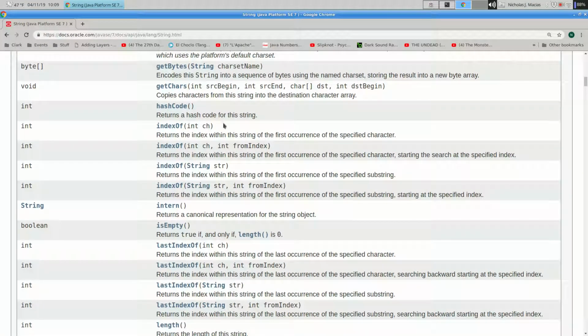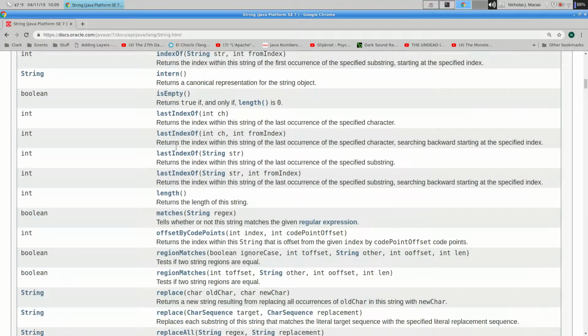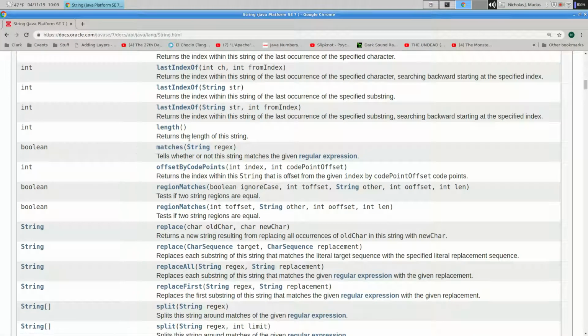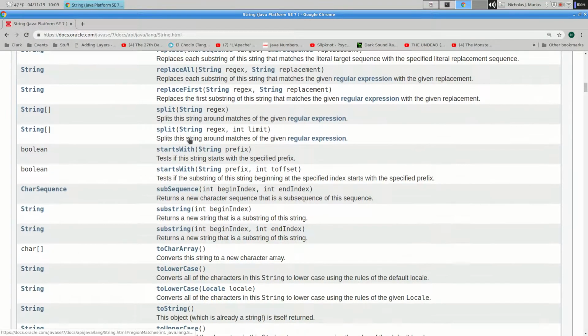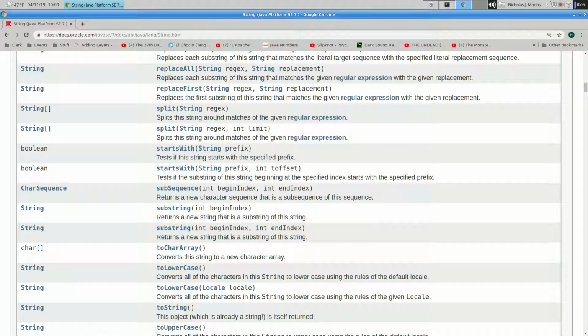We can do some hashing. We can get the location of a character in a string. We can say, tell me where the first space is stored, and it'll give us the index or a -1 if it doesn't find a space. We can find the length of a string with a length method. We can split a string around some particular pattern or character. So for example, if you have a